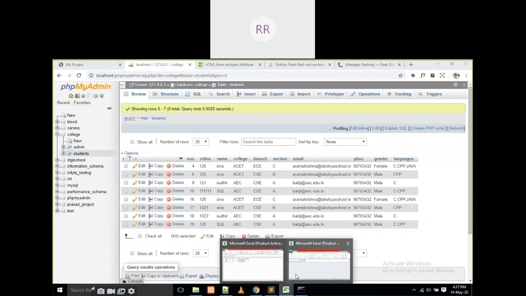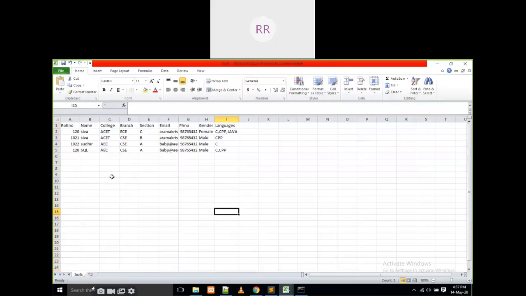You have to do that in the Excel file. In the Excel file also there are some thousands of records, but some duplications are also there. That's why, based on that roll number, we never insert the duplicate data into the database. Okay, clear everyone? Is it clear? Just respond to me. Yes.